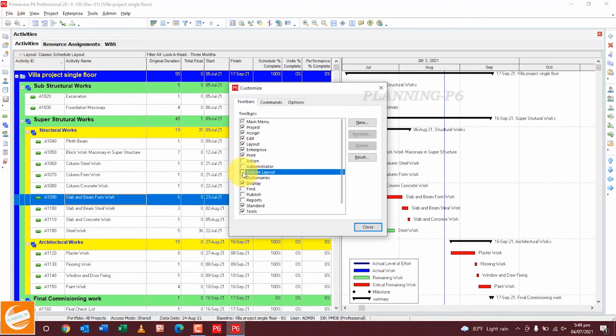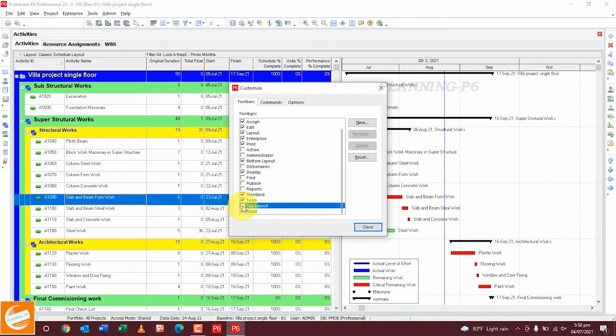Bottom Layout is this one, Display is this one, the Standard toolbar is this one, and Tools is this one. Like this you can add or hide from here as well. Top Layout is this one, Move is this one.